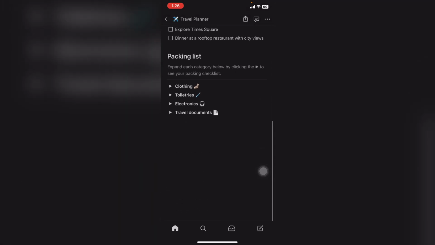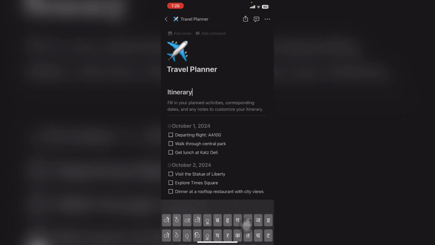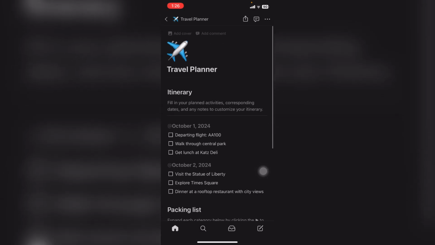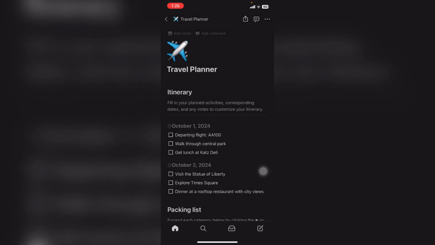Here you can find different listings, and according to your preference you can change these listings and the descriptions on it. So after you are done, and if you want to share this with your friends, simply click on the share button on the top right corner and share this link to your friends so that they can also access